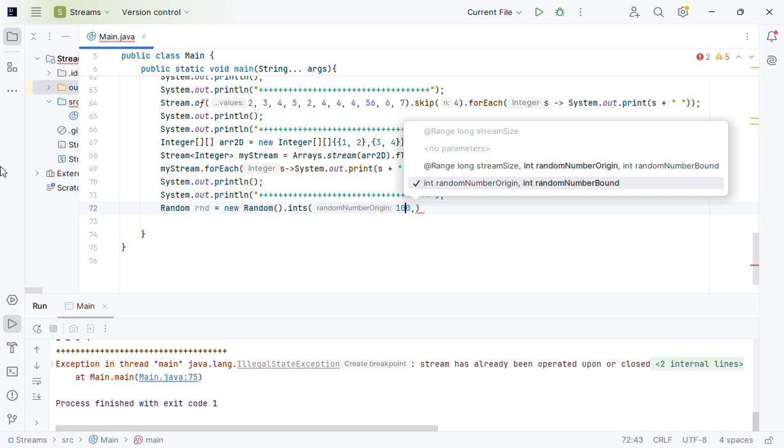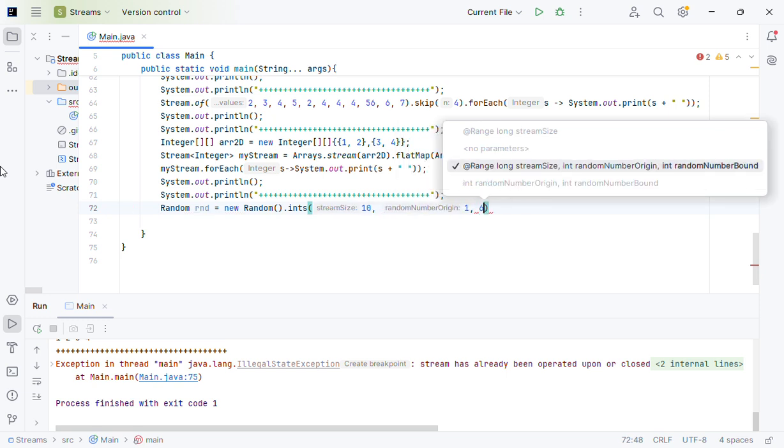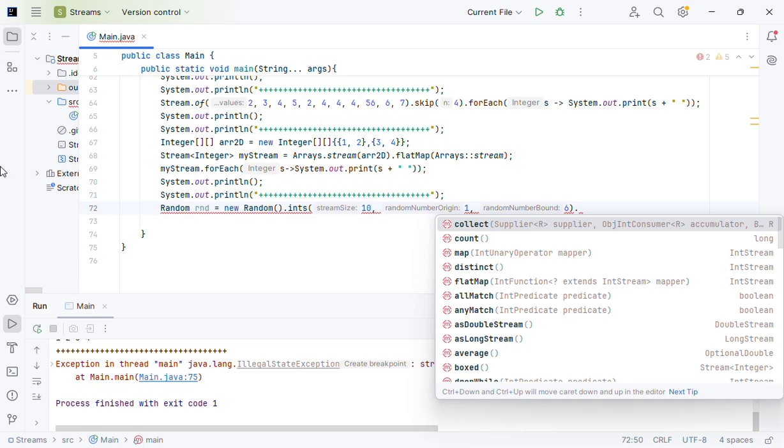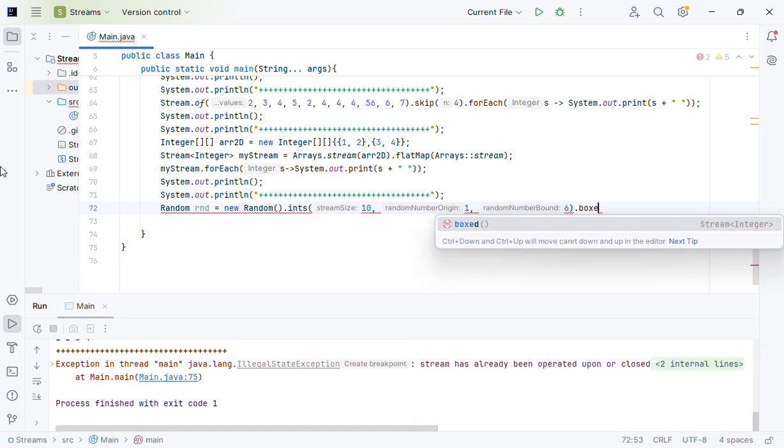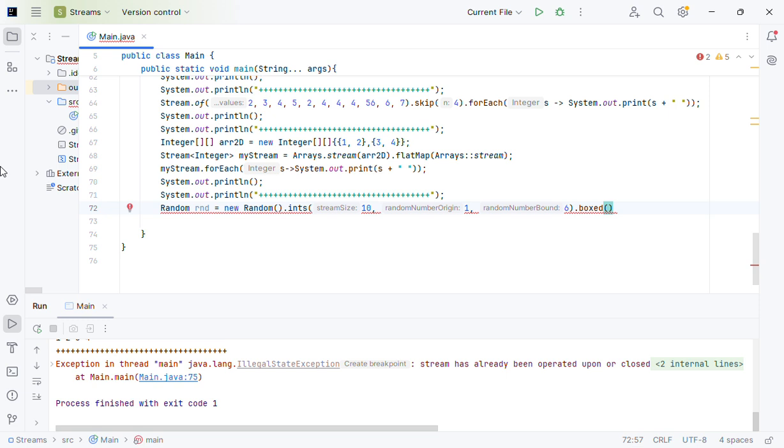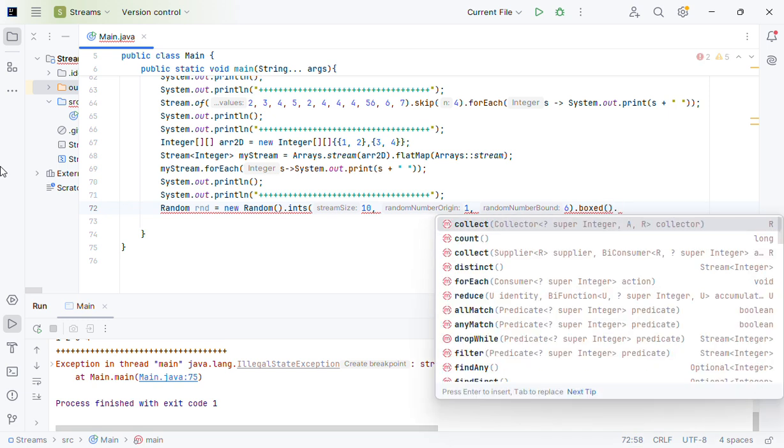Maybe let's take 10 integers, and you want to generate them from 1 to 6, so it will be from 1 to 5. Yeah, and then what we can do, we can make them boxed,